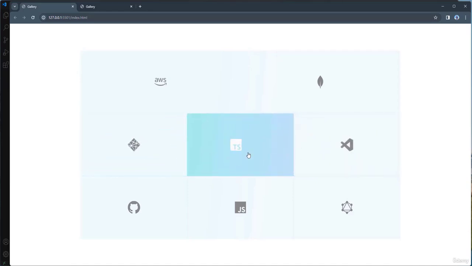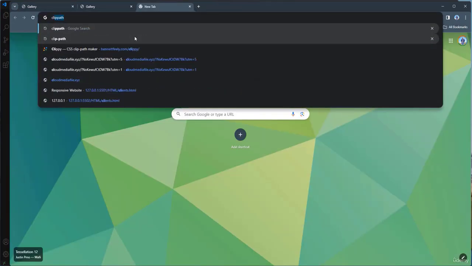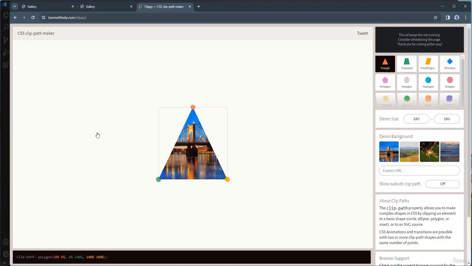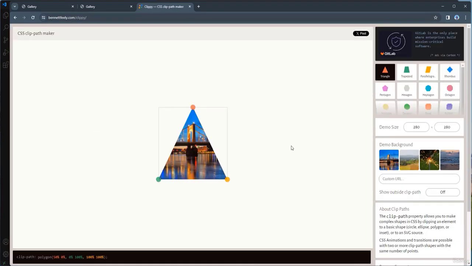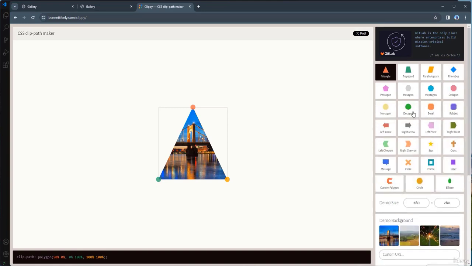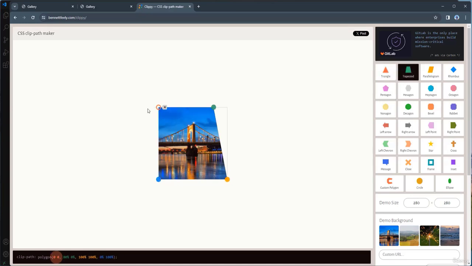So we're going to get those shapes using clip path property with polygon function. So let's go ahead and search for clip path. Then I'm going to visit this website here. So this website allows you to generate different shapes. Here we have some shapes here. In our case, I'm going to select the second one, trapezoid. Let's make it rectangular. So down below you can see clip path property with polygon function and with the proper